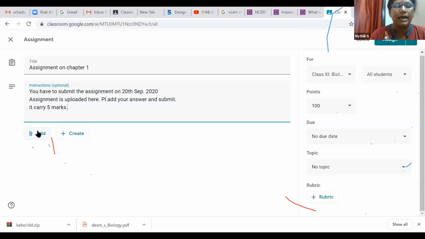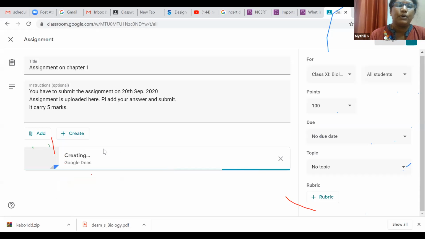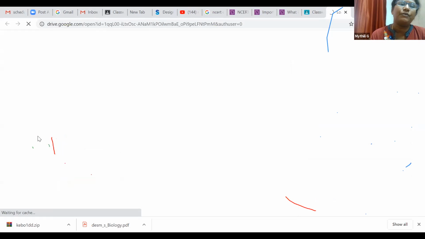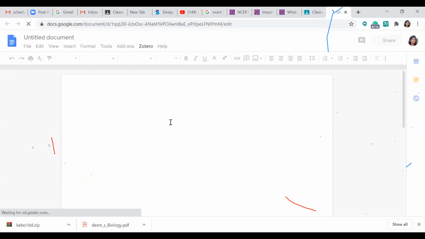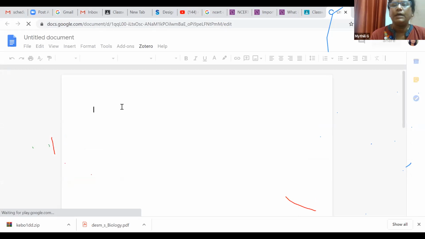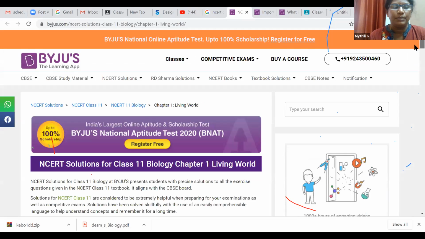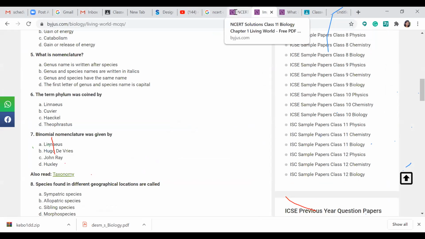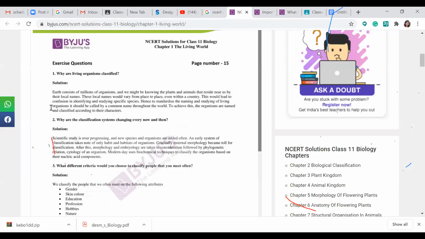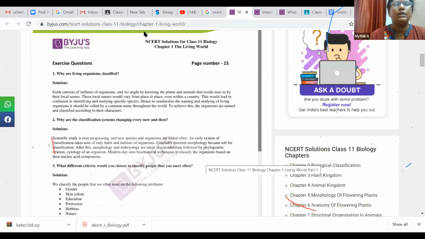So here I will add that one, otherwise I will create one file here with Google Doc directly. Otherwise, if you have a file, you can add it here. So I'll take some question here. Why are living organisms classified?